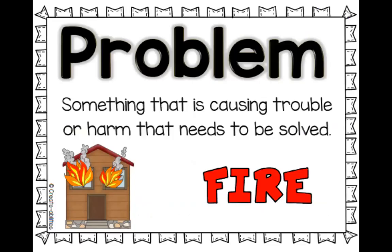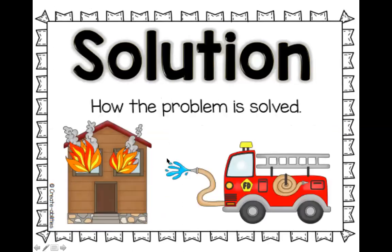A problem is something that is causing trouble or harm that needs to be solved. It's something that goes wrong for the character. It's something that's hard for the character. It's something that gets in the way of the character getting what they want. Okay? And it's something that needs to be fixed or solved. Like if there was a fire in the house, that's a problem, right? That's something that's causing trouble or harm to the characters. And of course, if there's a problem, they have to figure out a way to solve or fix the problem,